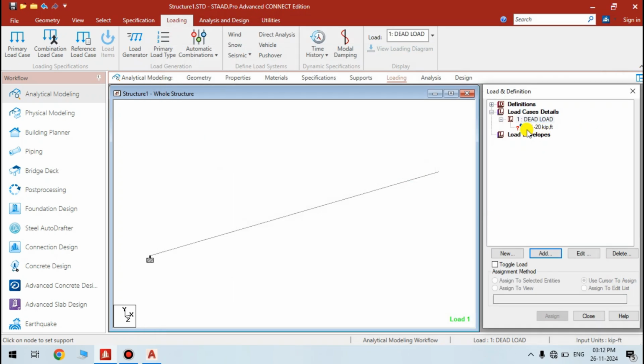So at minus y direction, that means translational or linear y direction, and minus means downward. 20 is the value of the load, and this is the unit. Okay, so